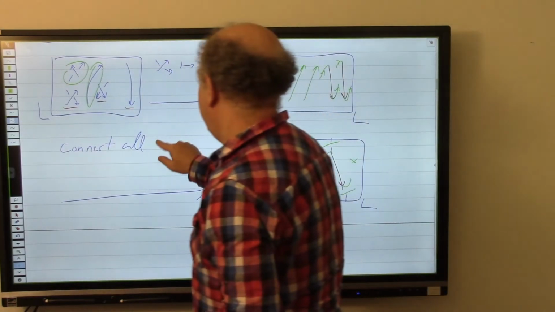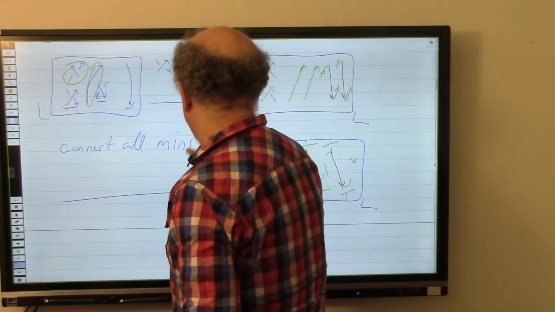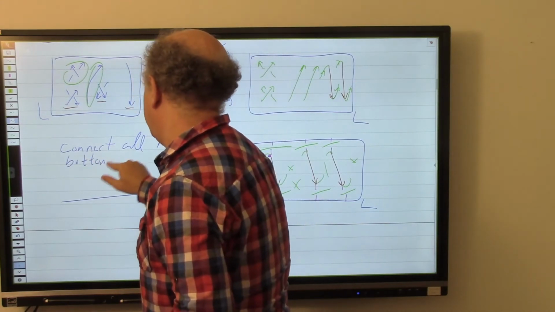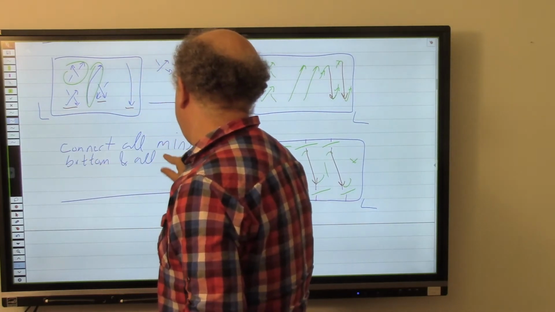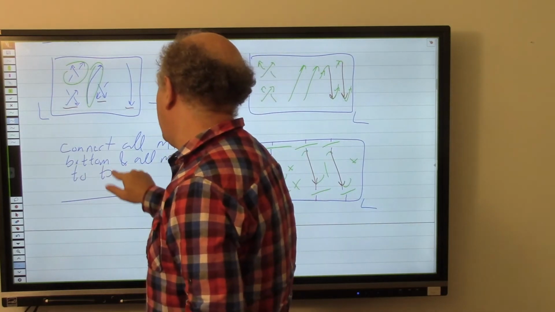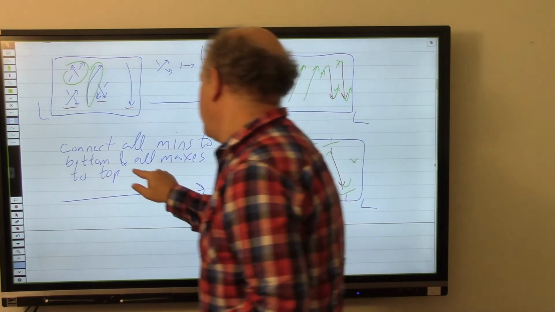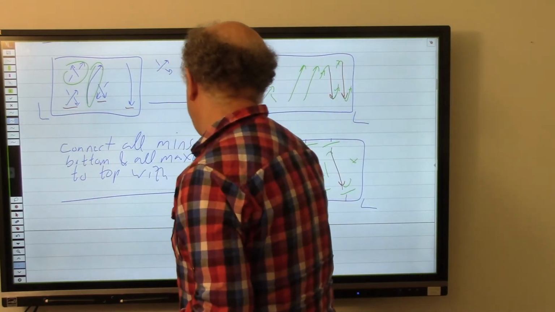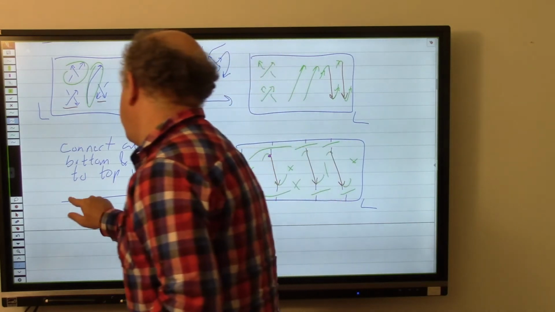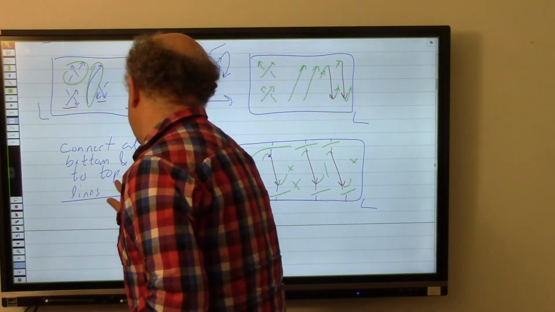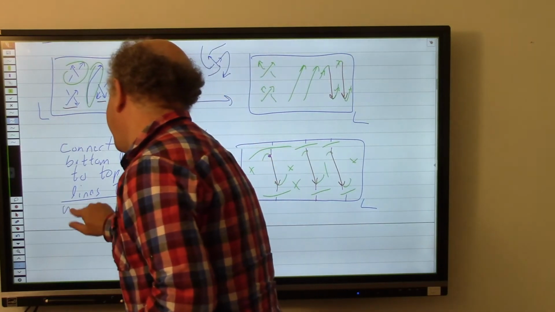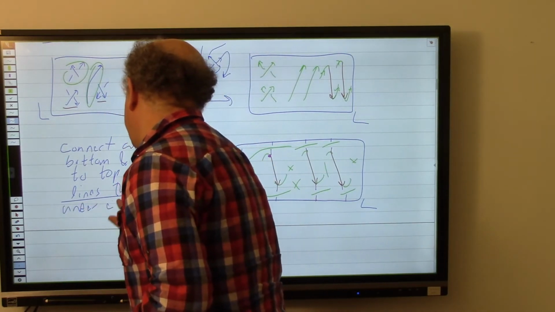So all mins to the bottom, and all maxes to the top, with purple lines that run under everything,